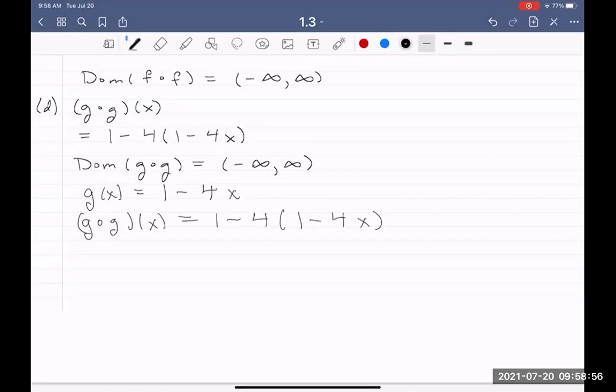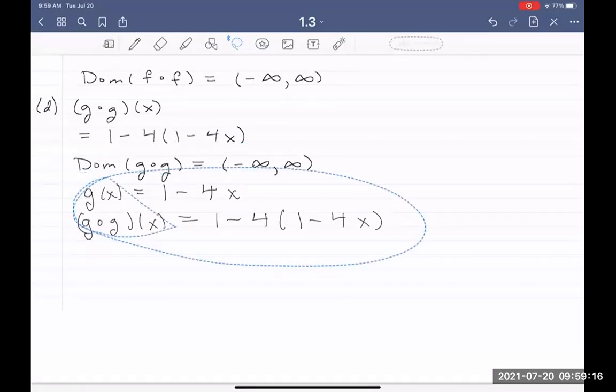So that is G composed with G. Now let's find the domain. Well, the domain, let's get rid of that. Okay, the domain of